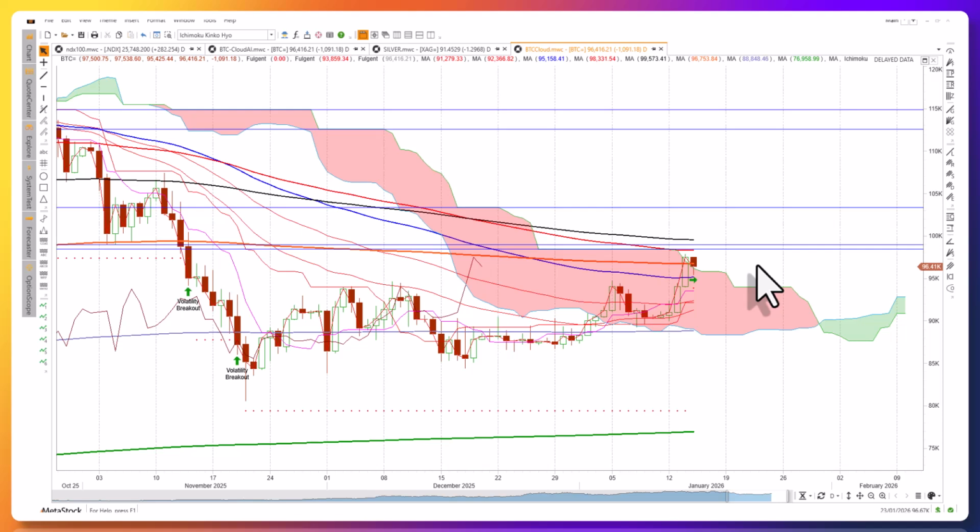Nice little price action, nice little breakout past the top end cloud chart resistance. Indications are that we are now set for a new rally in Bitcoin, provided we stay above this bottom end cloud chart support zone, so to speak. But keep an eye on those resistance targets for any kind of breakouts or reversals to the downside at these critical